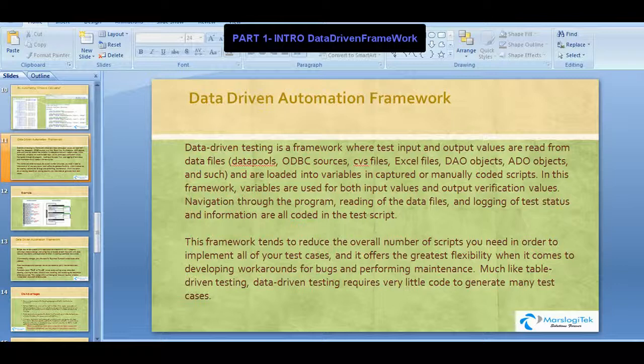This framework tends to reduce the overall number of scripts you need to implement all your test cases, it's more flexible when it comes to developing workarounds, and it makes maintaining the scripts pretty easy. It's much like table-driven, or we can call it data-driven testing: keep the data outside the system and start automating the test cases.